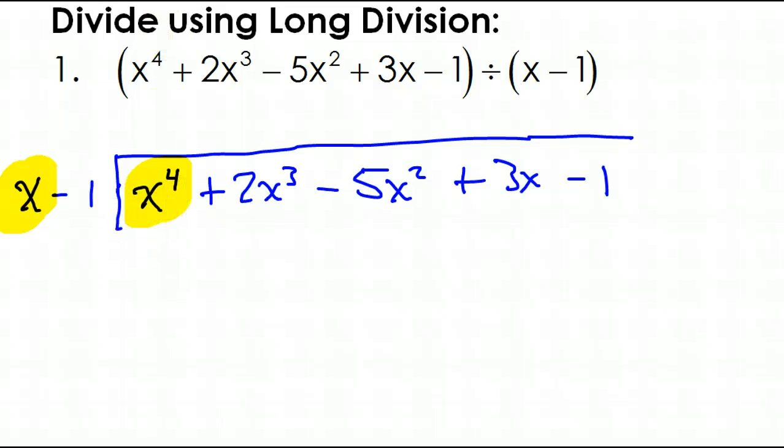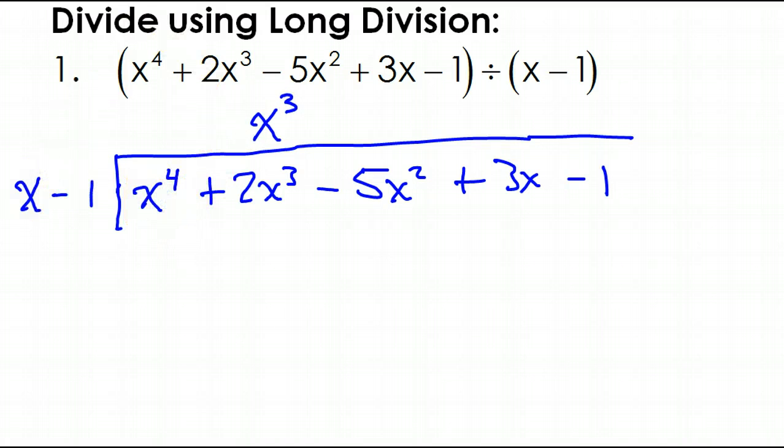And we ask ourselves, x times what will be x to the 4th power? Hopefully you realize that would take x to the 3rd power. I'm going to put it over here. It's good to line up your like terms. X to the 3rd power, x to the 3rd power. So again, I got this because x times x to the 3rd power is x to the 4th power. Once you have that,